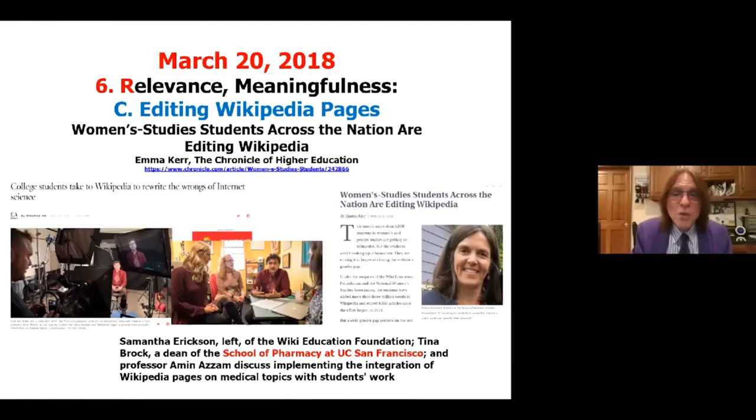There's not only Wikipedia today, there's Wikispecies, Wikinews, Wikiquote, there's also Wikibooks. Wikibooks is a website for people to create books with other people. So I had my students create a book on learning theories.